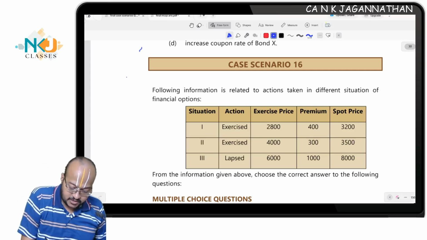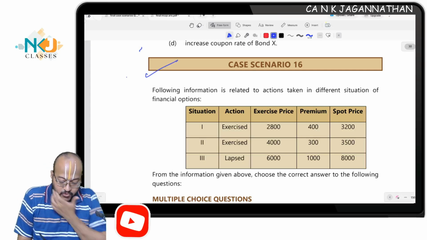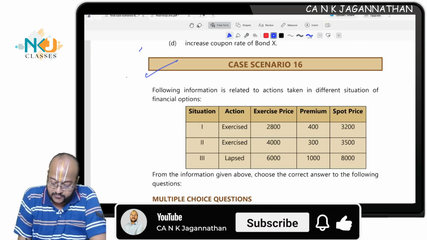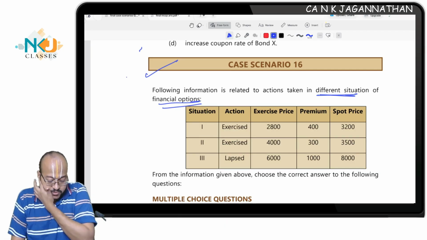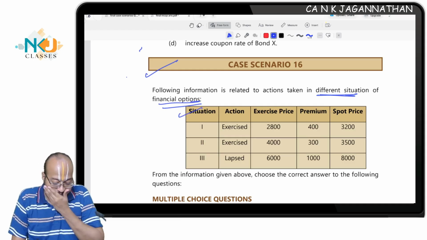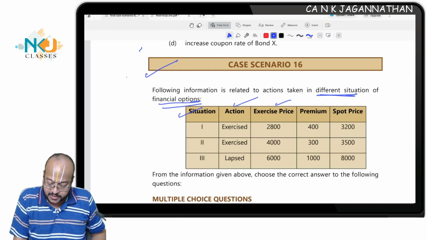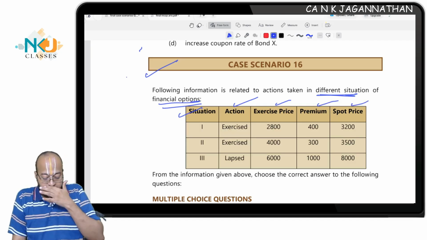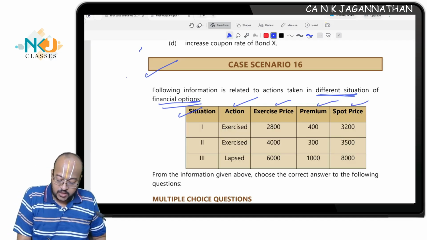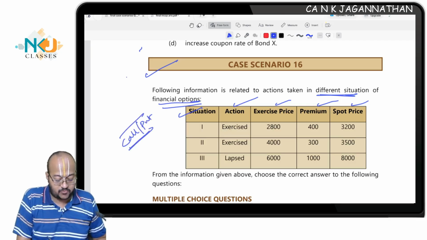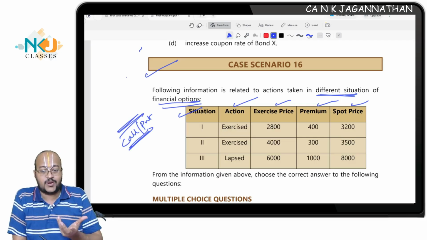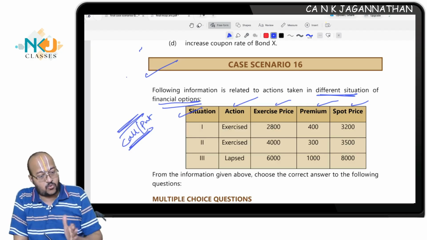So we'll start discussing case scenario number 16. The following information is related to actions taken in different situations of financial options. Now, situation one: three situations are given, with action, exercise price, premium, and spot price given. See, in this question, there is no call or put given. Are you all understanding? They want you to find out whether it is call or put,